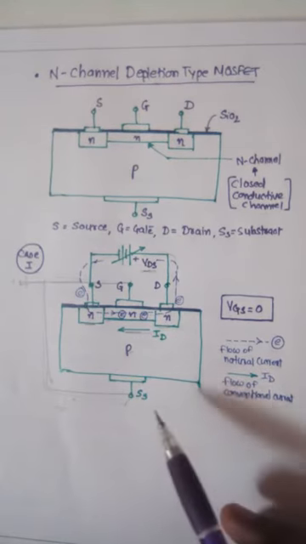So we are considering the case where VGS is equal to 0. Now consider the voltage VGS positive, so the positivity on the upper side is increased. In the P type channel the majority charge carrier is holes, and in the N substrate the majority charge carrier is electrons. So the same thing that happened in the N channel happens in the P channel.